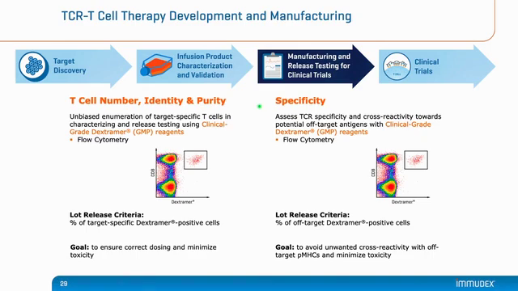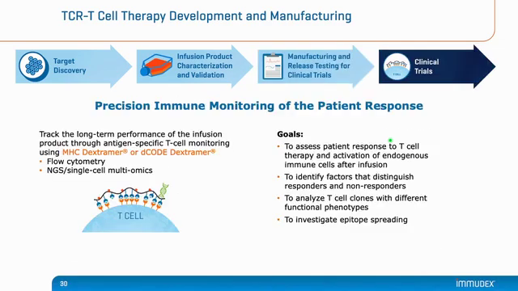Once the initial characterization of these TCR T cells has been carried out successfully, before being released for testing in humans, it's important to be able to characterize the T cells both in terms of identity and purity, but also in terms of specificity to ensure that you have a therapy of the right properties. And then finally, this can move into clinical trials if all the previous steps have been